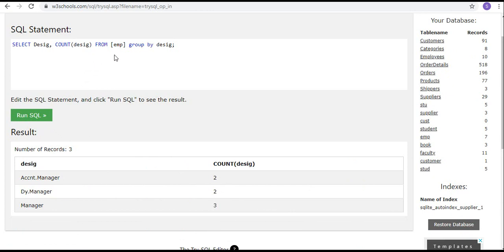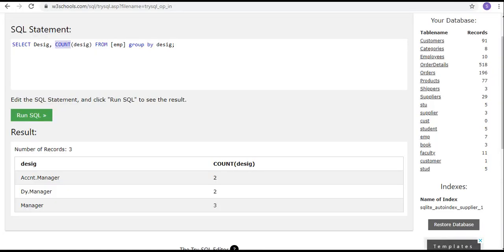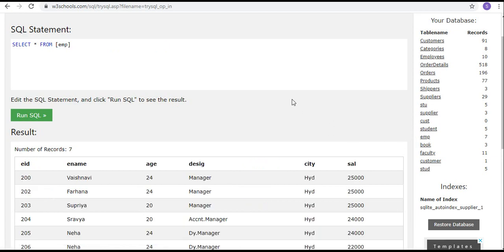So here I am grouping the data based on designation column, and here I am applying a function that is called count function. Clear? Now group wise I want to know maximum salary. See, accounts manager maximum salary is 24,000, deputy manager 24,000, manager 25,000. Okay.